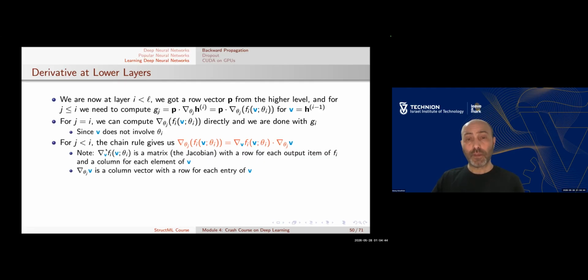Now, when j is smaller than i, then again we apply the chain rule. The derivative of theta j on the function is the derivative of the value v on phi i, times v, the lower level, the derivative of theta j on v. Okay, and this part is something that we can compute. Now it is actually a matrix because it has several inputs and several outputs, and this is a vector. This part we know how to compute at the ith layer, and this layer we send